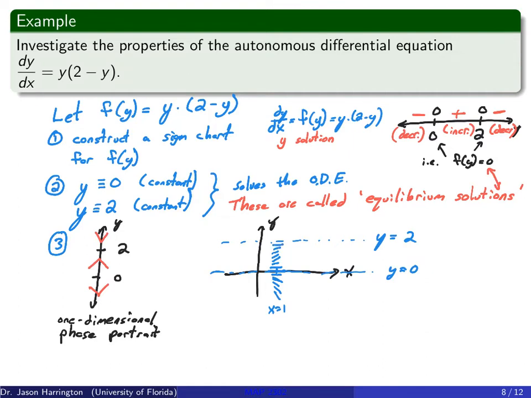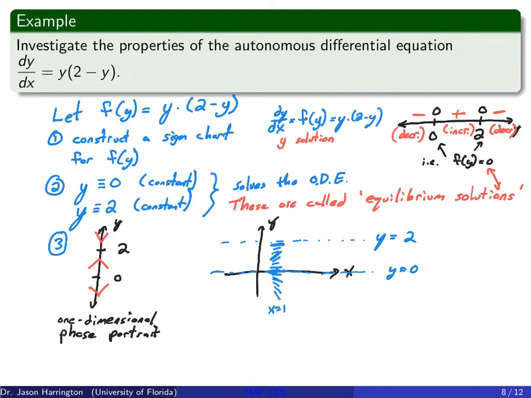Now, for those of you that remember your Calc 1, the steepest part is going to be your inflection point, where the second derivative is equal to 0. That's just a side note. But you'll notice it starts off at 0, gets kind of steep in the middle, and then goes back to 0.